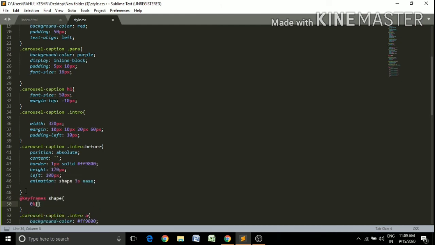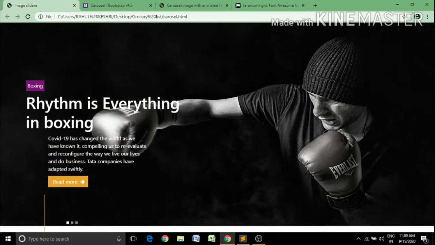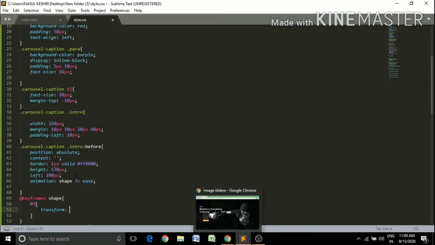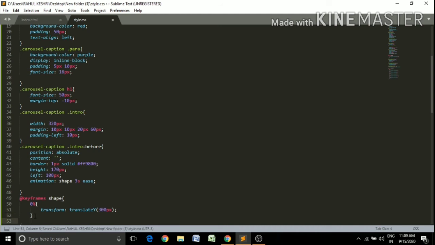At 0%, transform. When you refresh this page, this border left moves in the y direction, that's why we use transform translateY 300 pixel, and at 100%, transform translateY 0 pixel.